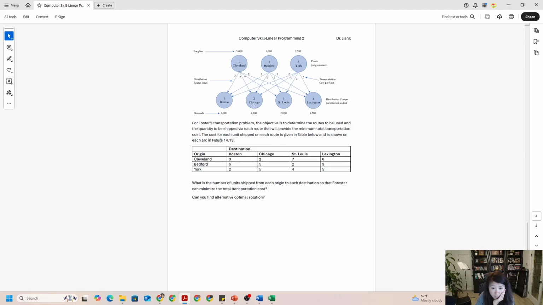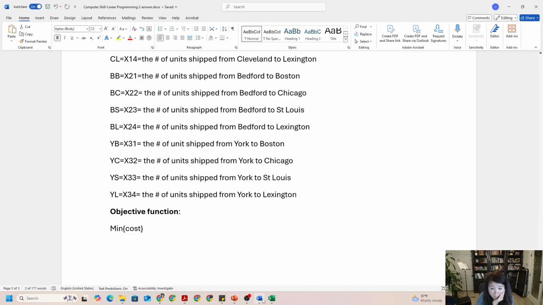And then Cleveland to Chicago is 2 per unit, 2 times X12, and then 7 times X13, 6 times X14, right? So that's how we just add all of them together. It will give us the total cost, and we'll try to minimize that cost. So therefore, we try to minimize the cost equal to,